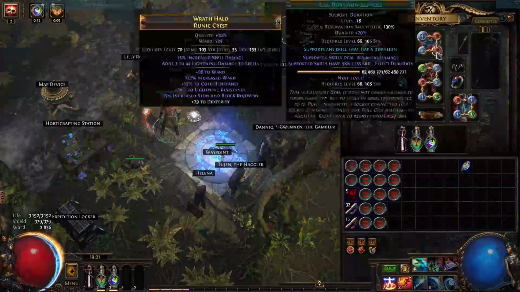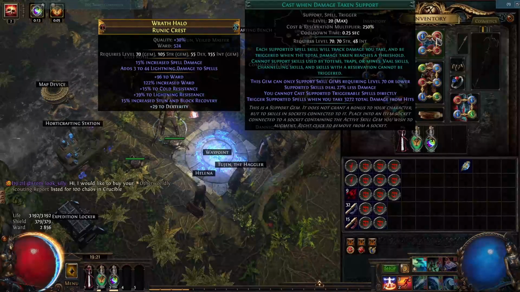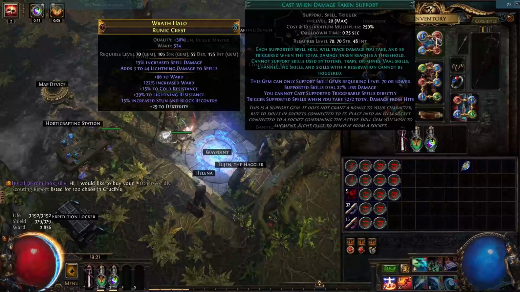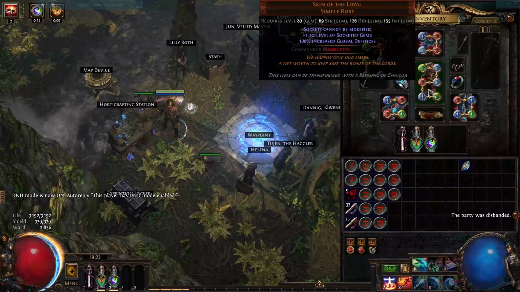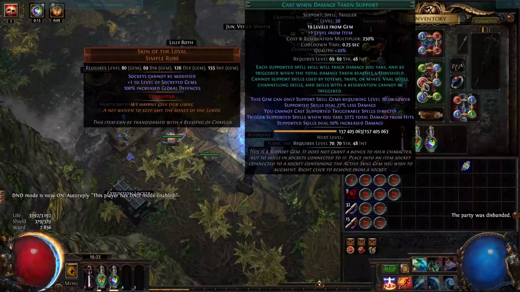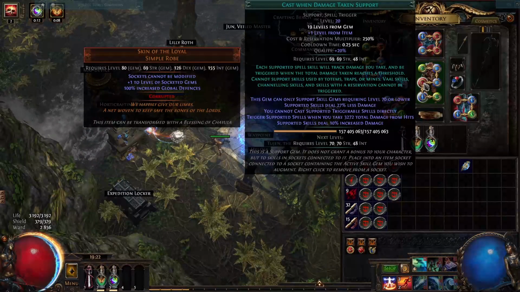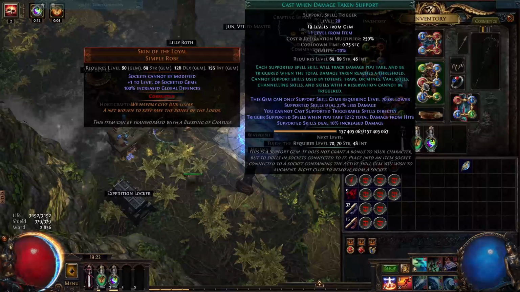So that way we proc the +1 damage taken, which needs 3272 damage, and so it will proc like that. After that we need a Skin of the Loyal or Skin of the Lord. Be careful for the +1 damage taken level. Don't want it to be more than 20, so you will need 20 and 18 level. Or if you want to go for 19